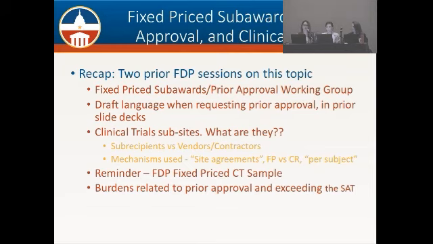Jennifer McAllister from Duke University Medical Center started leading a working group where she's been collecting data from anyone who's able to provide it to her. So anytime that you request a fixed price subaward from a federal agency, and of course she's collecting mainly information from NIH, but any federal agency, what has been the response you have been given? Has it been consistent? And in particular, if you're issuing clinical trials, what's the response you have been given? Have there ever been exceptions made for going over the simplified acquisition threshold?